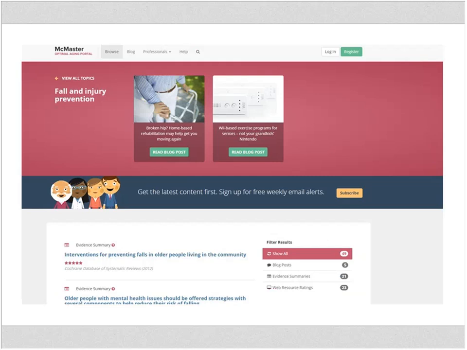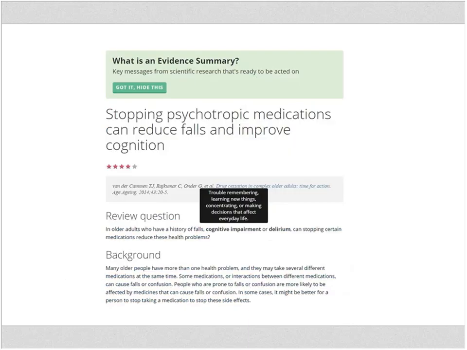So to this end, we translate the highest quality and most relevant findings that we filter from these latest abstracts. We translate these into easy to understand and consumer-friendly content. Among these, we write evidence summaries, which are like the scientific abstracts, but written in more lay language. And we also create blog posts, which are commentaries on specific topics with take-home messages that people can put into practice. And I'll just describe these in a bit more detail.